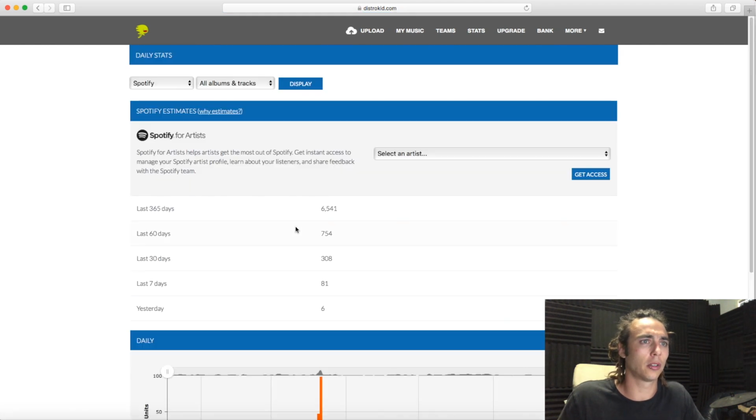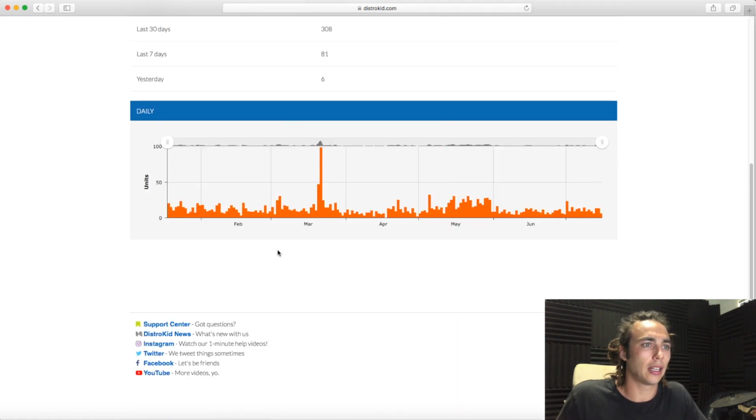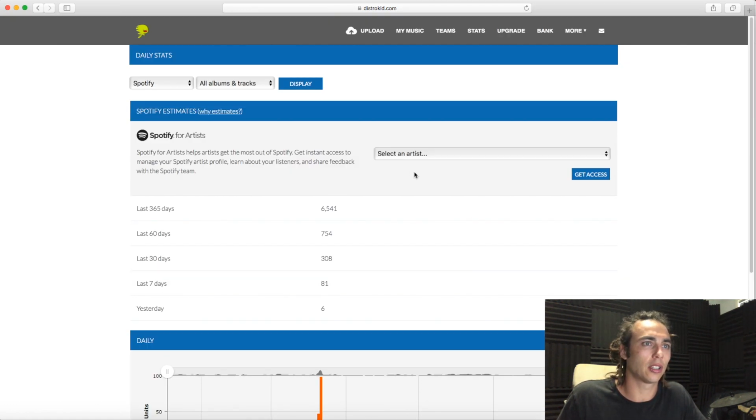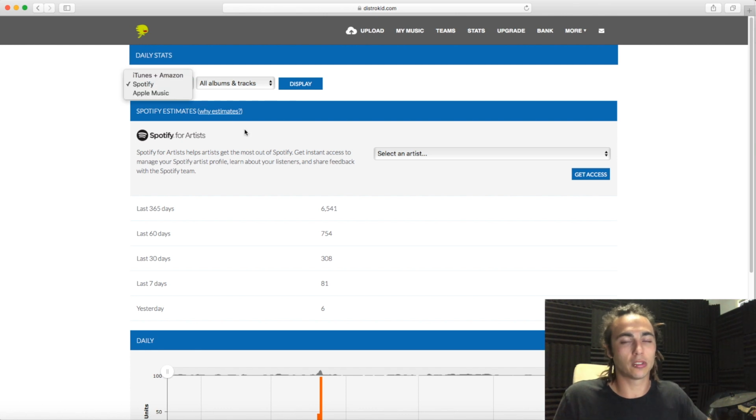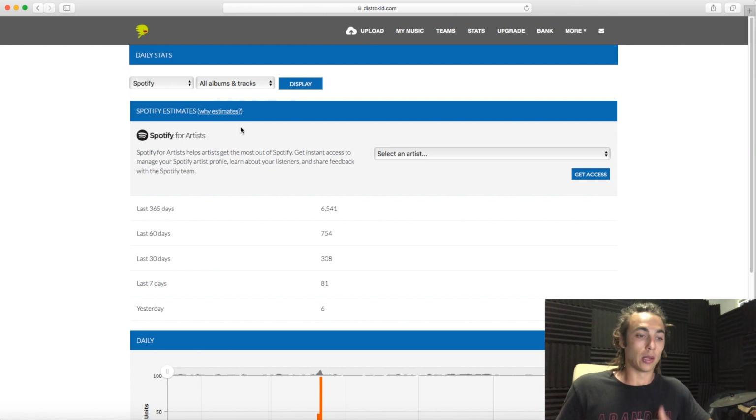Here we go. So Spotify for Artists allows you to integrate, and it also allows you to see some daily stats on different things. You can choose Apple Music, iTunes, and Amazon, and choose your certain albums or singles and display the stats for that, integrated through, as you can see, Spotify for Artists and Apple Music for Artists as well, which is really, really cool. If I go back,